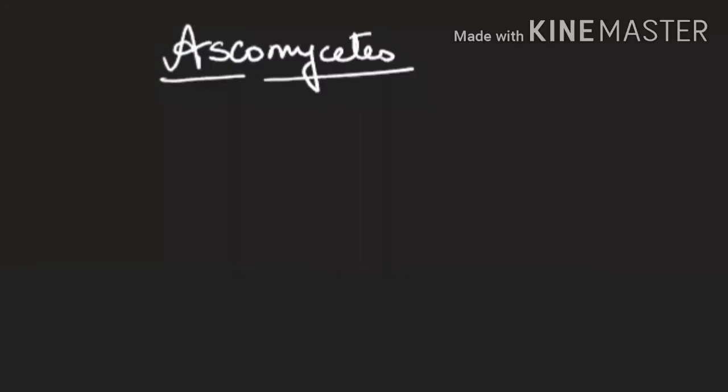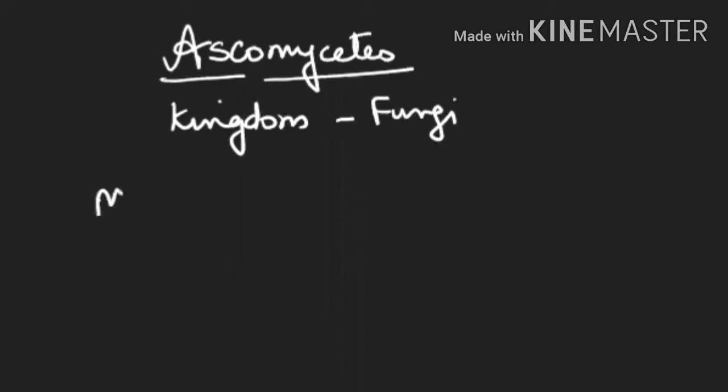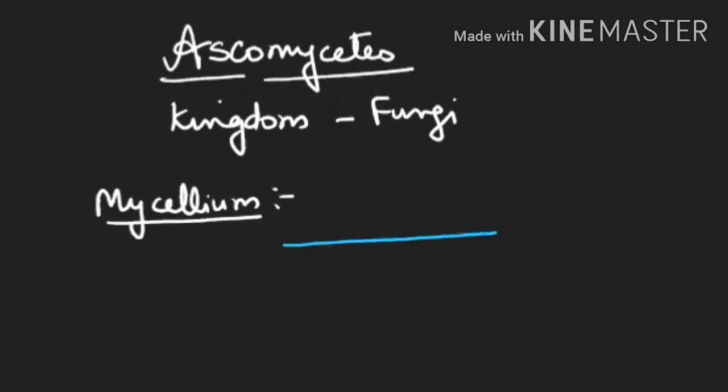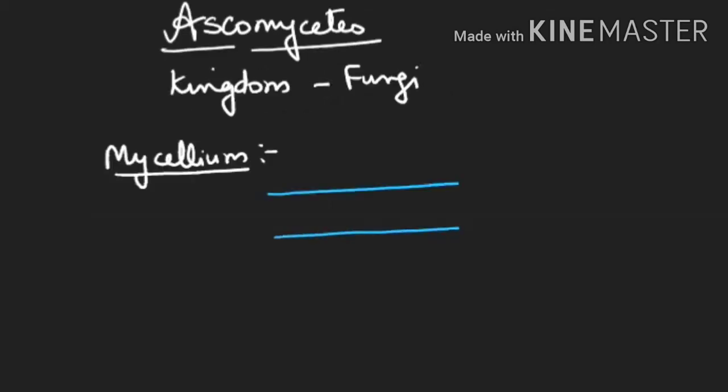So in this video, we are going to study about Ascomycetes and their examples. First of all, you know very well, Ascomycetes belong to the kingdom fungus. It is a member of the kingdom fungus, and the fungus body is made up of mycelium. In the case of Ascomycetes, we will find that the mycelium is septate with simple pore. See the mycelium? Mycelium will be septate and it will be with the simple pore.